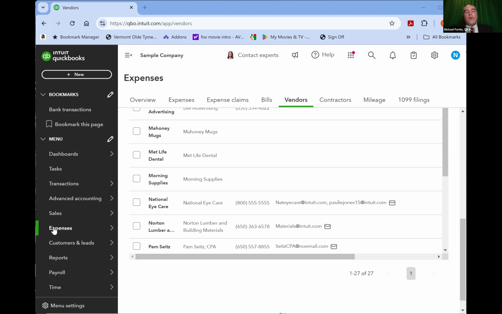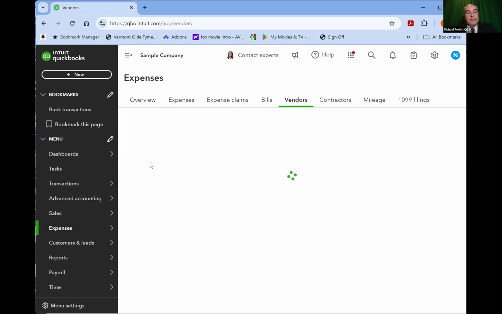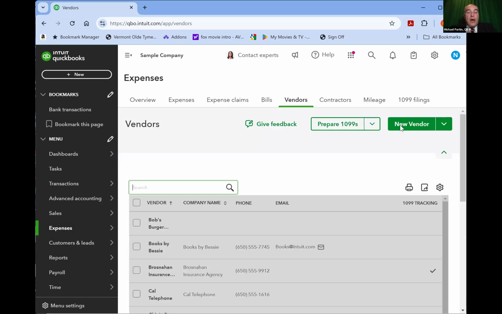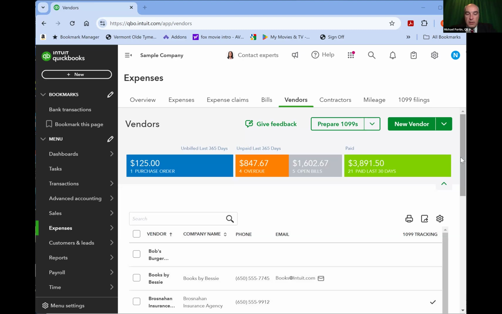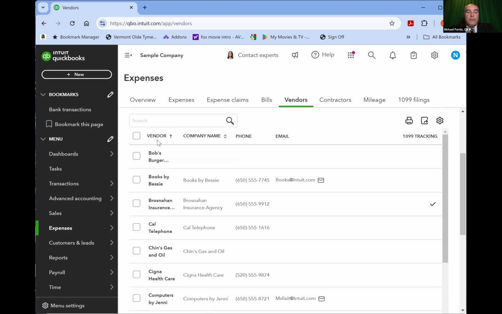So you go to expenses on the left menu. You have expenses, right? Yes. You hover over expenses, and then you see in the menu that appears to the right, you see vendors. Yes. Okay, and you click vendors. All right, and you do not see the alphabetical list. I do see the list. I don't see the company name. Like that Bob Burgers. Why the company name is not there for Bob Burgers? What could be the reason there?